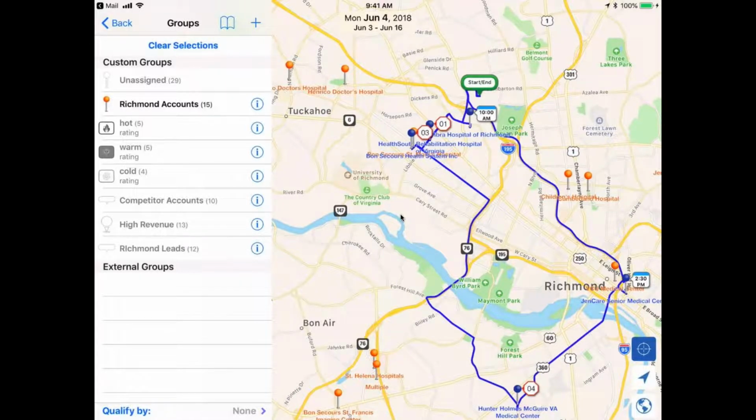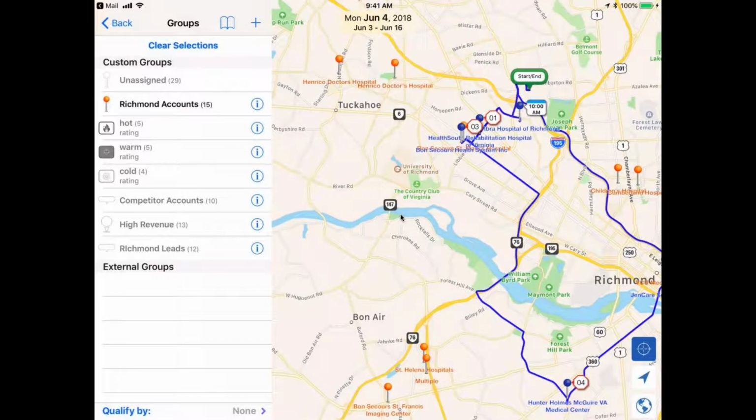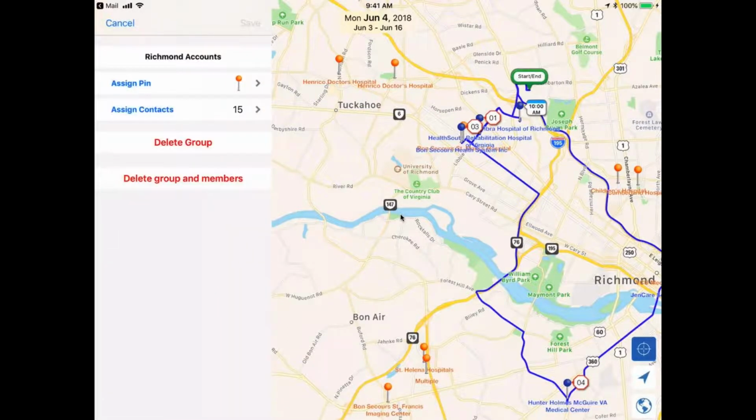And since we're on groups, some people have a lead list, and when they're done with their leads, they need to delete it out to either get ready for a new import, or maybe it's just not good information anymore. And you would actually do that under the filters tab as well. So if you ever want to delete information, you would tap the I icon next to the account you want to delete. And here you have 2 options. You have delete group and delete group and members.